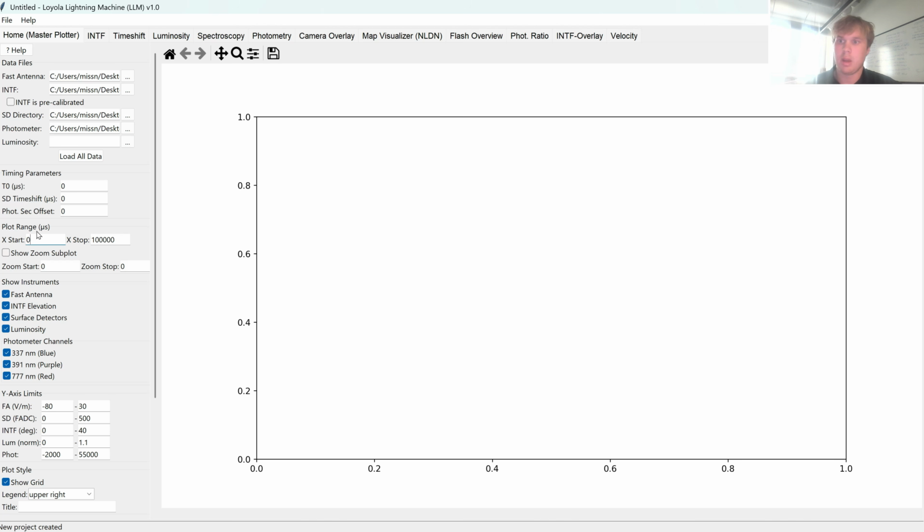Now the plot range, I described the range that we're looking at earlier, which is 324,000 microseconds to about, let's go to 33000 for now. And the last value we're going to put in is this T0 time. This is a very important time because it's what the fast antenna and interferometer are relative to in their raw form, pre-calibrated. And this variable is found if you